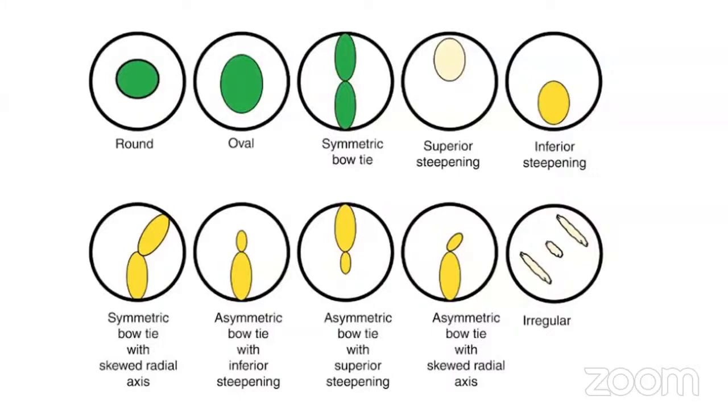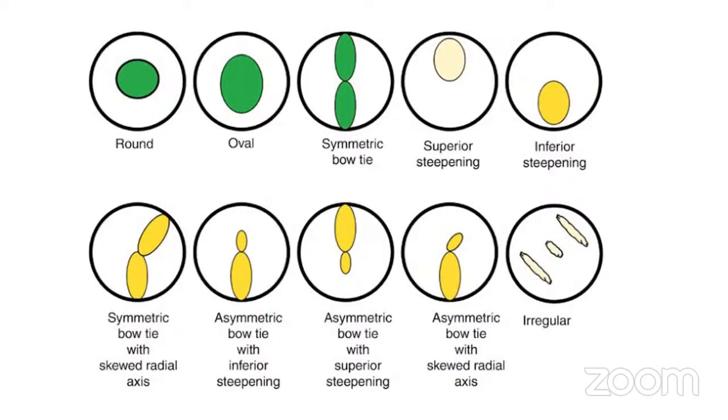The patterns are symmetrical patterns and asymmetrical patterns. Symmetrical patterns such as round pattern, oval pattern, symmetrical bow tie, symmetrical bow tie with skewed radial axis. These symmetrical patterns are normal. They are seen in normal corneas as well, provided the Kmax is less than 47. If the Kmax is more than 47, then there will be